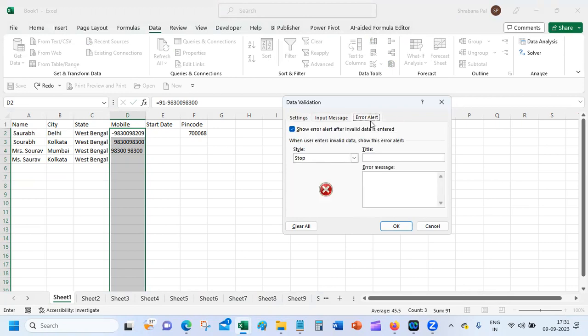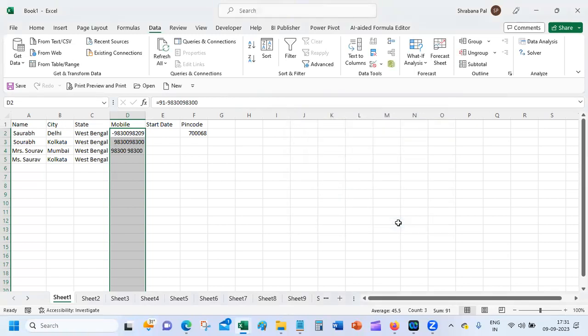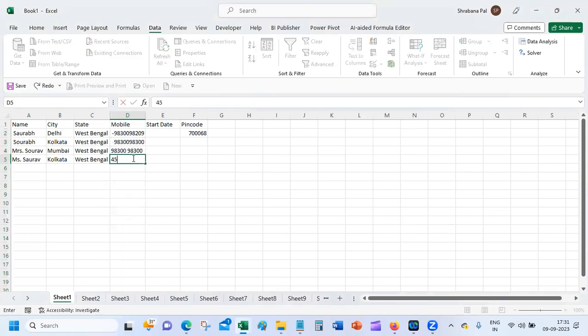And I can put an error alert. Incorrect mobile number. Enter a number between and. So when I enter,